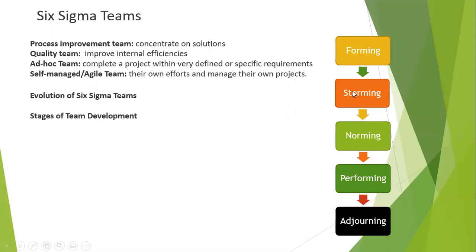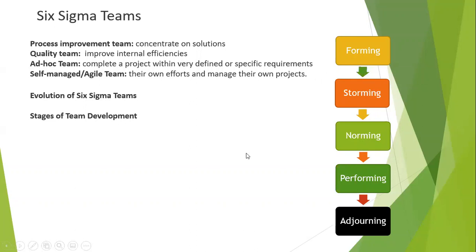And second thing, after storming, the team leader or whoever created the team has to pitch in, and then they will set the rules and regulations for them and what is expected out of that particular user. They will clarify here. Then the team will move to the norming phase. Norming phase is nothing but they will understand what their requirement is, and then they will move to the performing stage. They will start working and they will achieve the goal. And once the project is completed, we will identify what all the things we achieved, and then we will adjourn the team. That's the five stages of any project and any team.